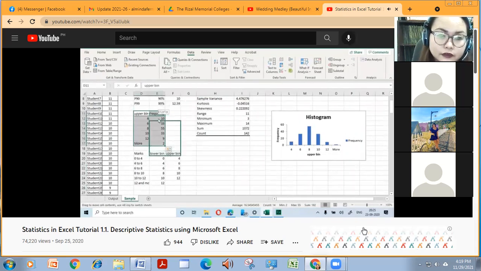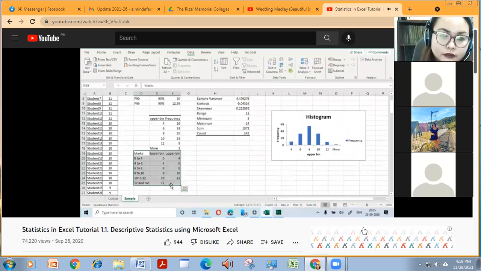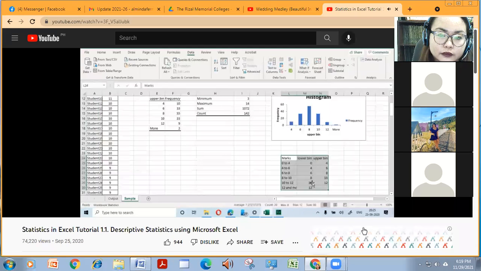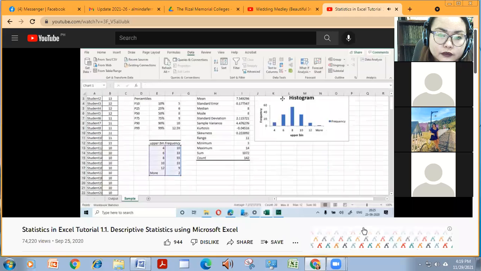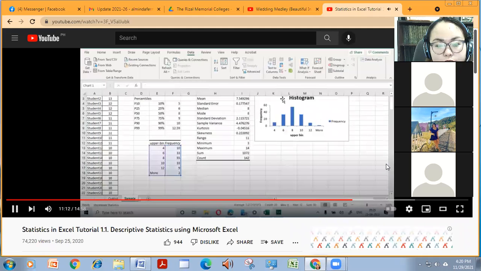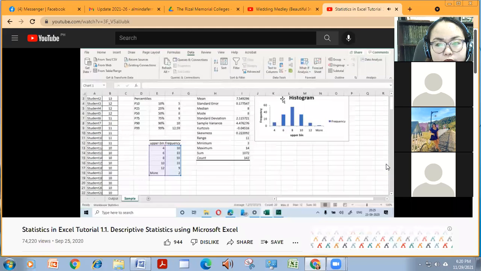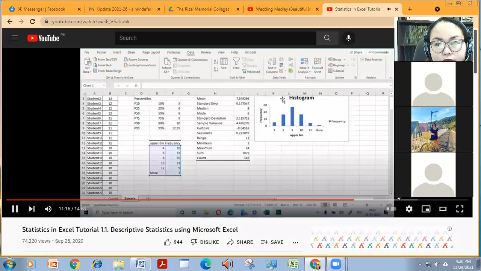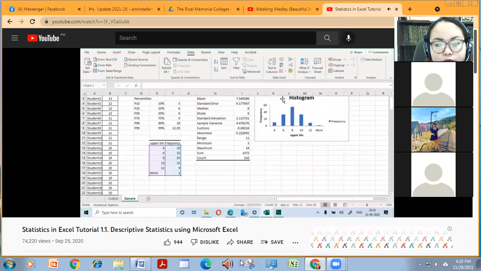And now you don't need this, so you can move this around here. You can arrange this histogram here. Now, one of the most important things that a lot of analysts don't do is format the sheet. But it's always a great idea to format the sheet so that it looks readable to people. It's just a way of showing respect to your client's customer, whoever is going to see this sheet, that you neatly arrange this. So I'm going to format this very quickly.